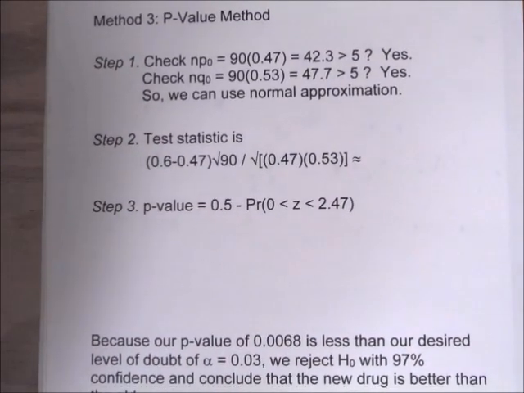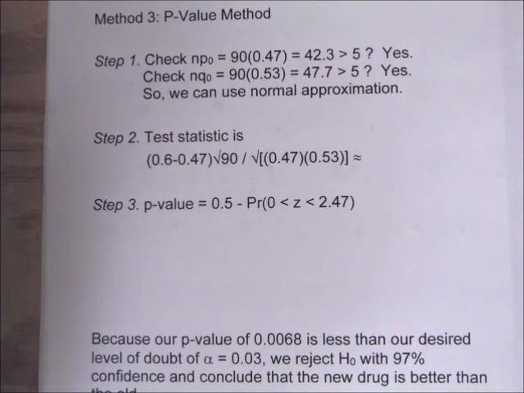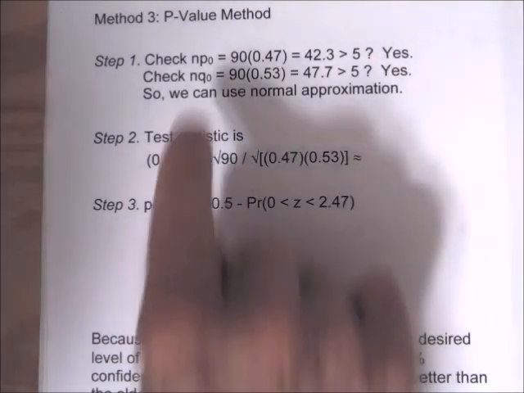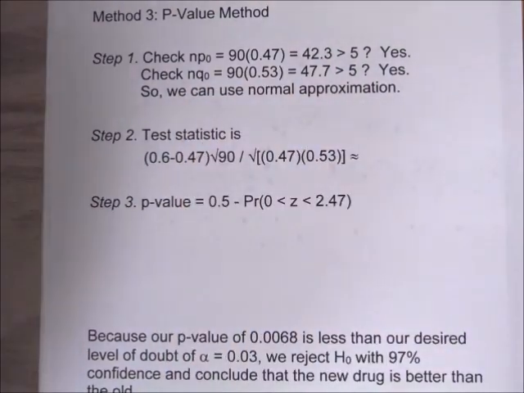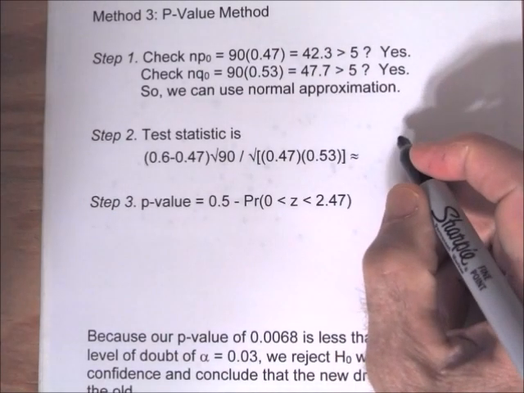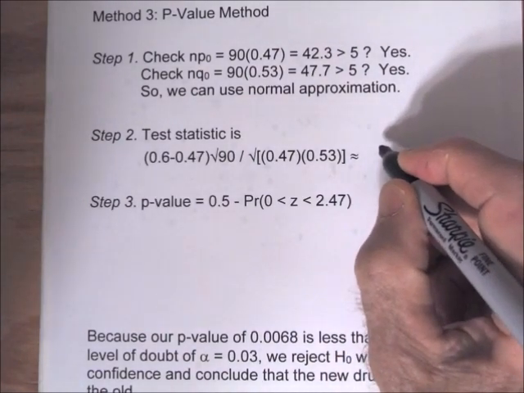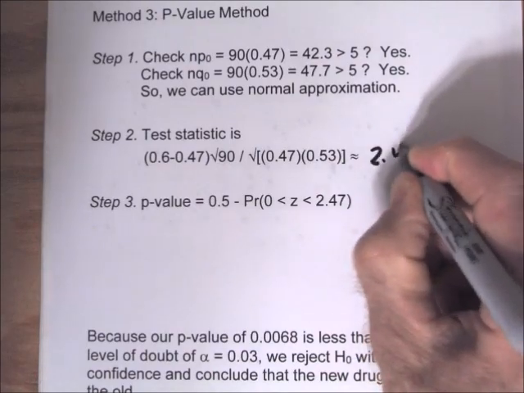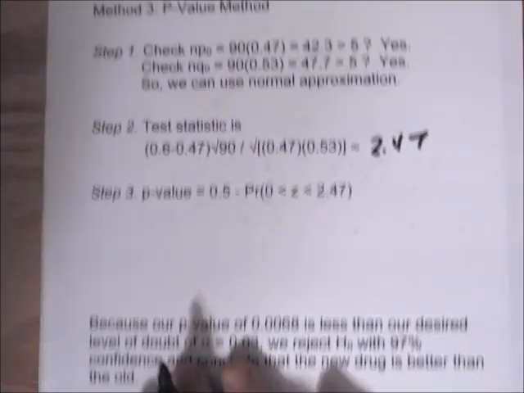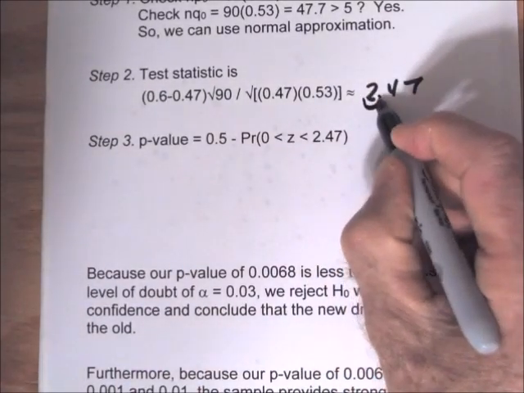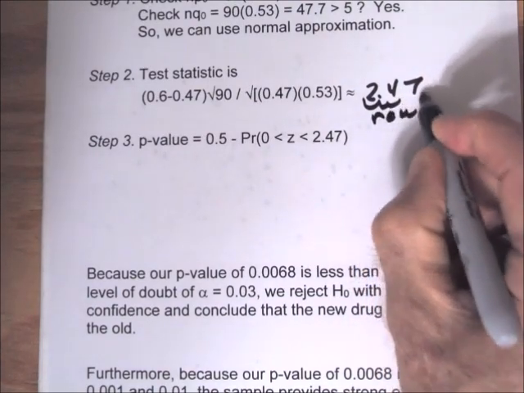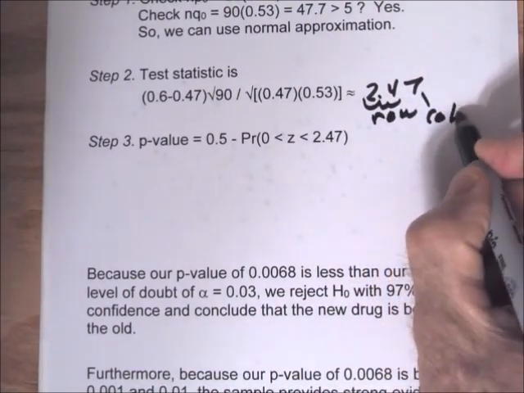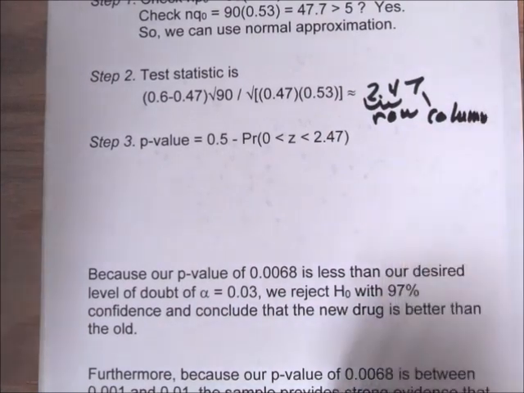Okay, so we can also do the p-value method, and the first two steps are going to be the same. The test statistic is going to be approximately 2.47, and we want to look in row 2.4, column 7 of the Z table, and